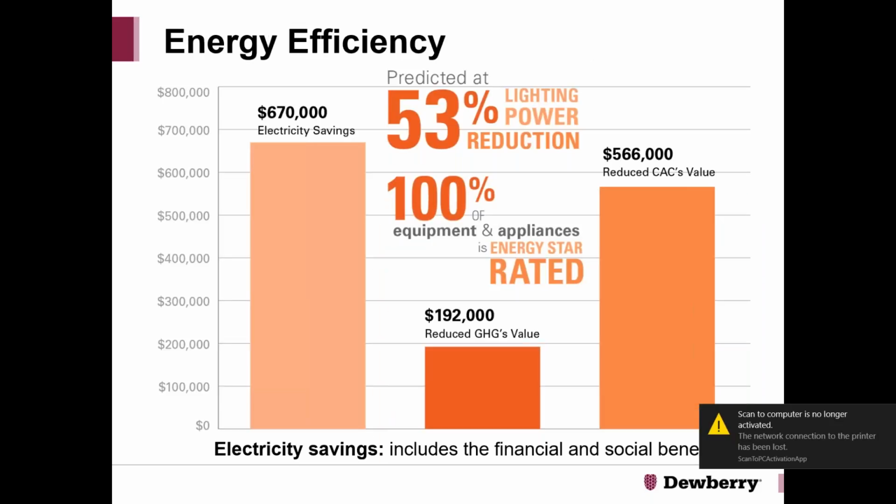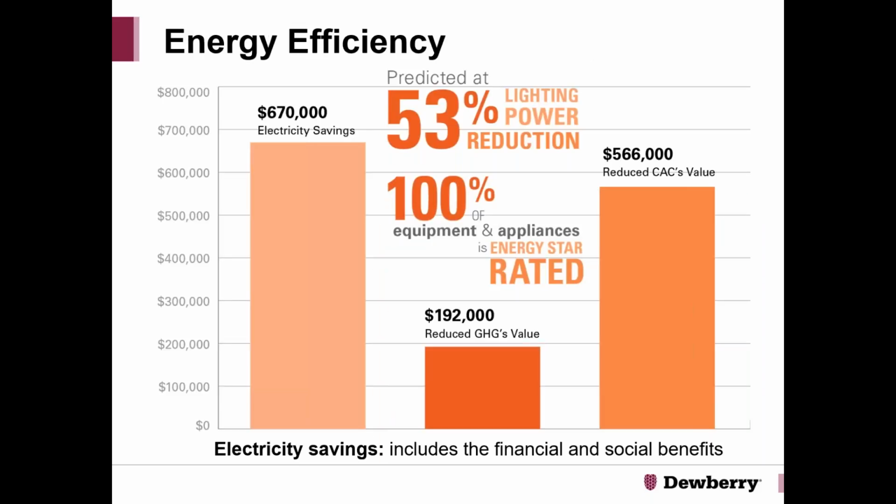Our baseline is a code-compliant building, but in this process, we're showing the benefits of going above code compliance, as well as meeting specific LEED goals for our project. So what this slide shows is that every step of the way, we're juxtaposing this S-ROI process to the relevant LEED credits. These results talk about energy efficiency